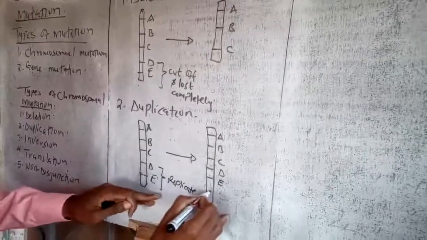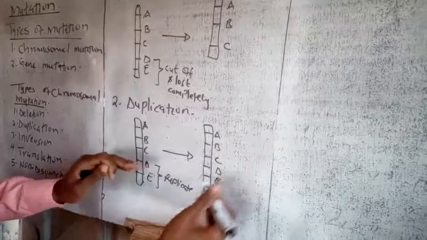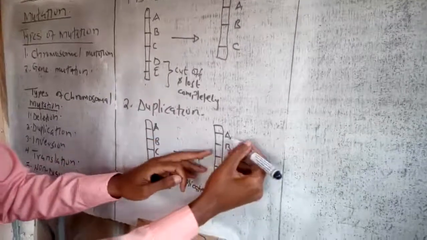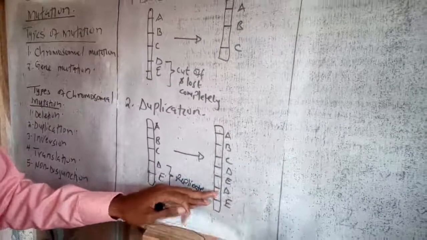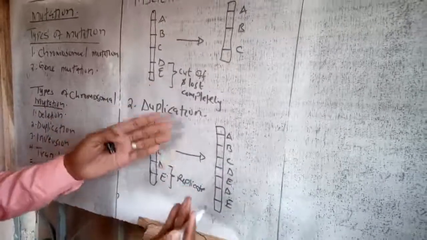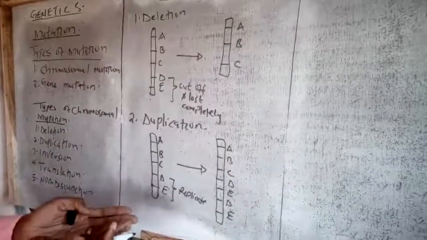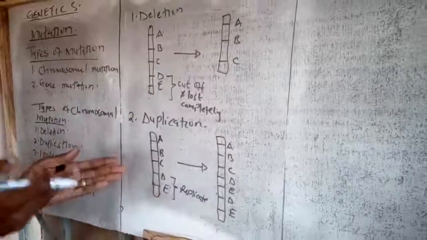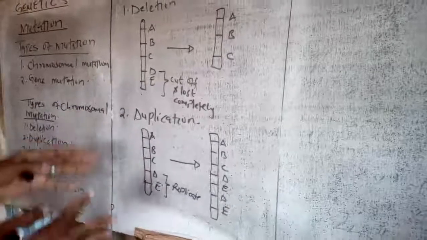It replicates, and therefore it repeats itself, and therefore we'll be having D and E. And therefore you can see that there is another, assuming that this is a codon, that is ABC, and also DED becomes a different codon, and DED was not there, meaning that a new type of protein is manufactured, and this new type of protein which is manufactured is the one which will bring a different trait as opposed to the original parents. And therefore this is also a base of chromosomal mutation.